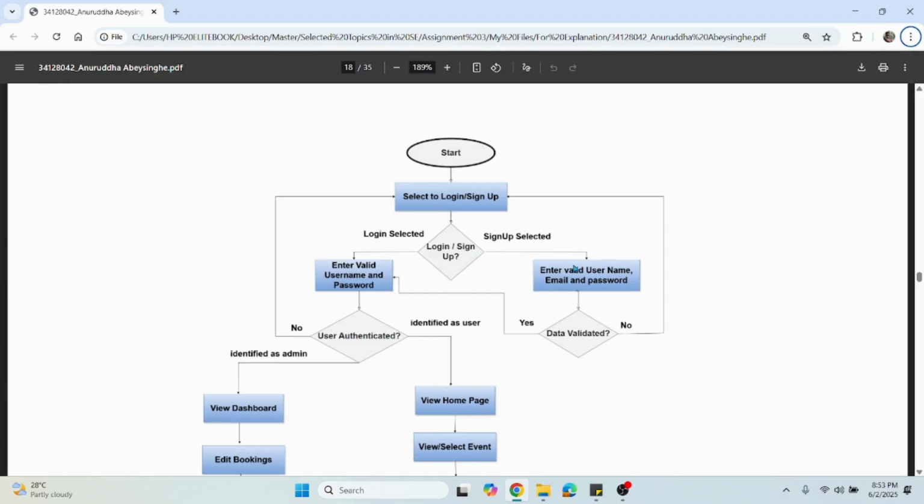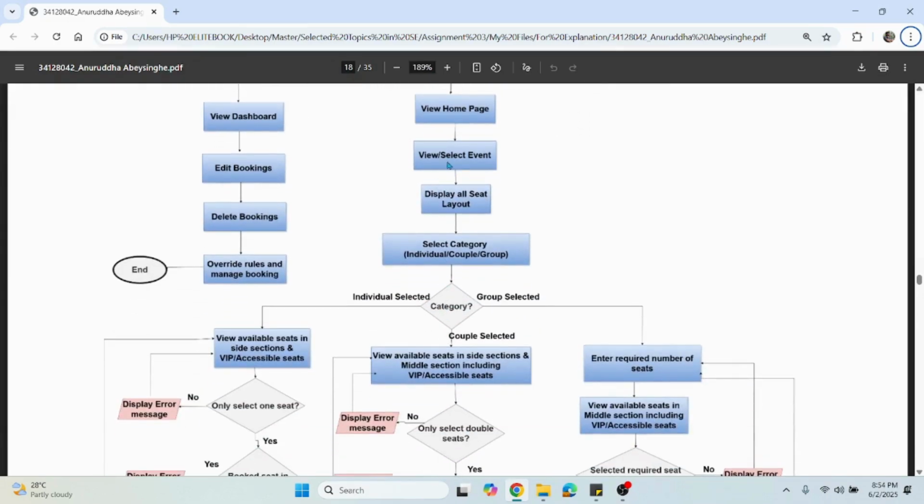That means for an unregistered user, entering the username, email and password, and the data is validated. If yes, it goes back to the login interface to enter the provided username and password, and then after being authenticated again, it directs to the home page. Right after viewing the home page, the user can select a particular event to do the seat booking. Then after selecting the event, he can book a seat, and once he clicks on the button,